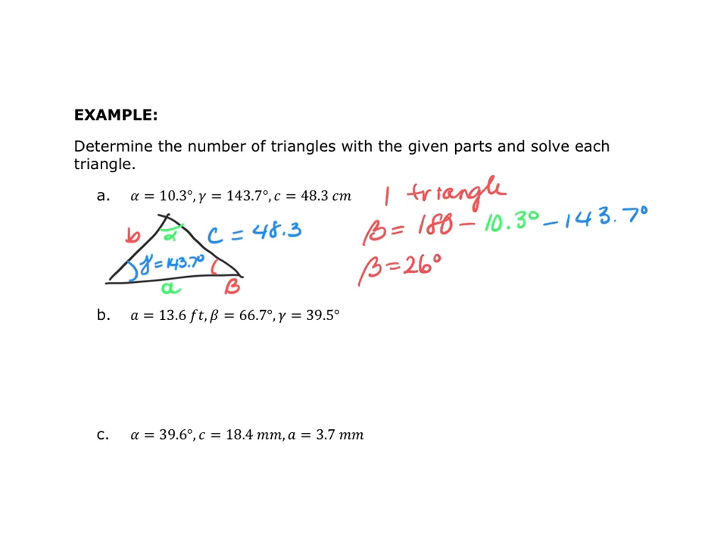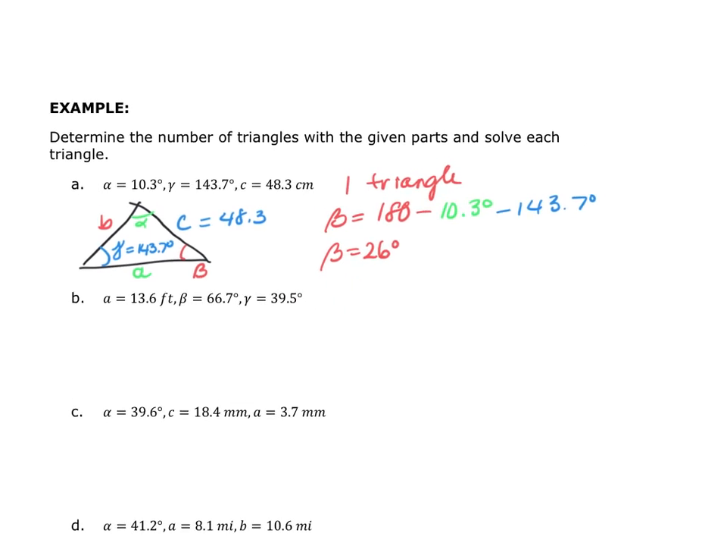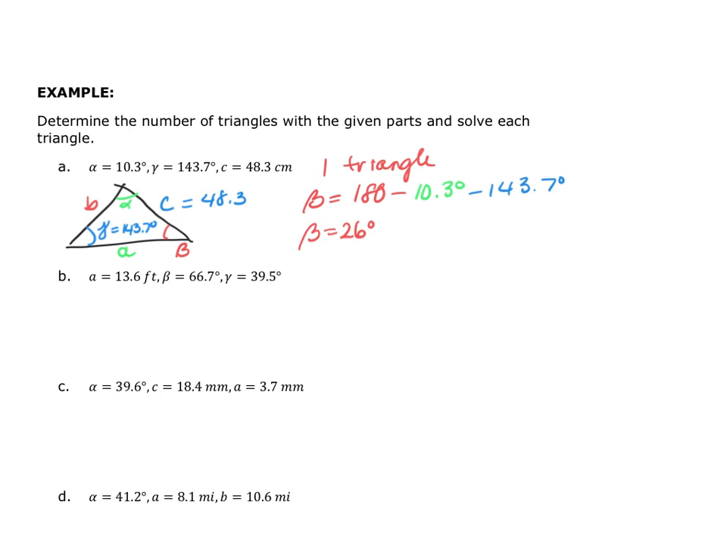So now I've found all of my angles. I was given two of the sides, so that's the easy part. Now I'm going to find all my missing sides, and I'm going to use the law of sines. I always go back to what's given to me. I'm chasing a side, so I put my sides in the numerator. So I have 48.3 over the sine of my gamma, which is 143.7 degrees,